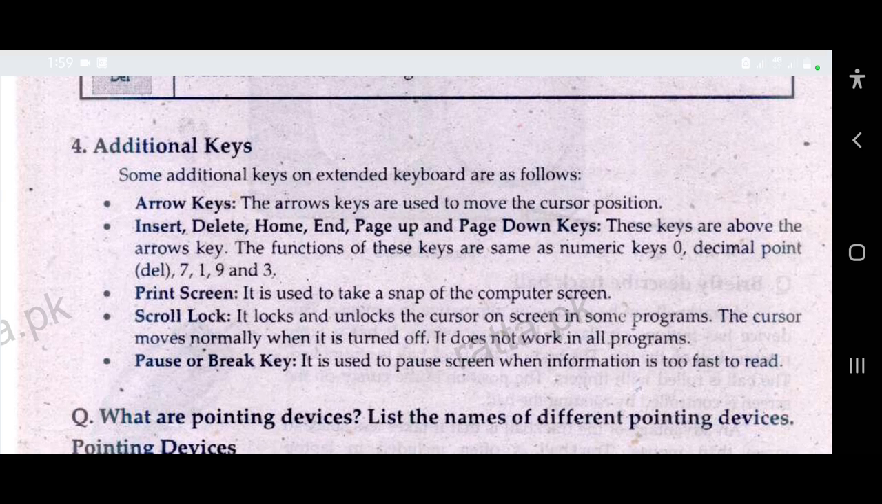Print screen. It is used to take a snap of the computer screen. Scroll lock. It locks and unlocks the cursor on screen. In some programs, the cursor moves normally when it is turned off. It does not work in all programs. Pause or break key. It is used